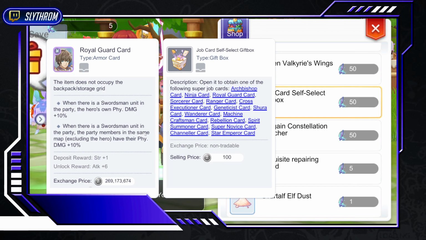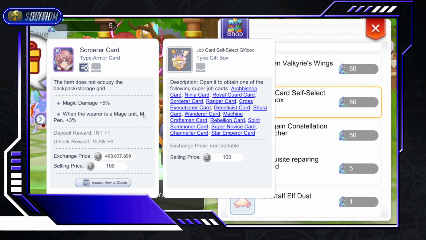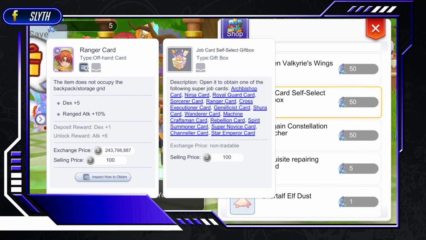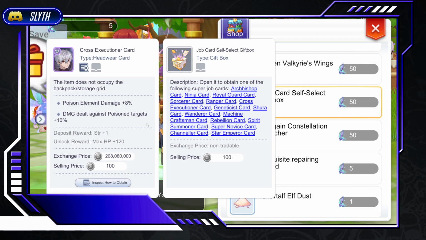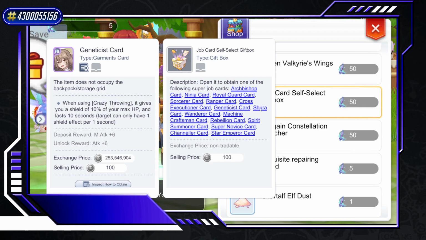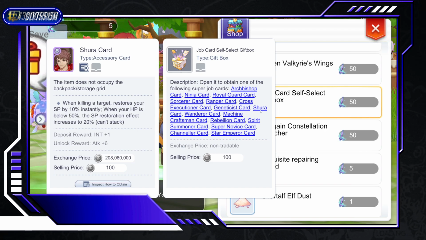And if a swordsman is in your party members do get bonuses from like physical damage plus 10%. And also the hero's own physical damage plus 10% here. Sorcerer card for magic damage and M-Pen, including 1 int in a depot, we got the Ranger card here for ranged attack, for 1 dex in depot, Cross Executioner card for poison elemental damage and damage dealt against poison targets, the Geneticist card for crazy throwing, adding a shield to your Shura card, SP restoring when killing a target,